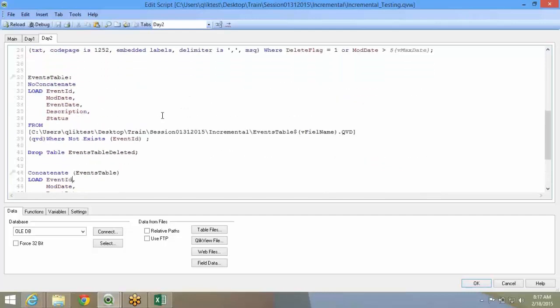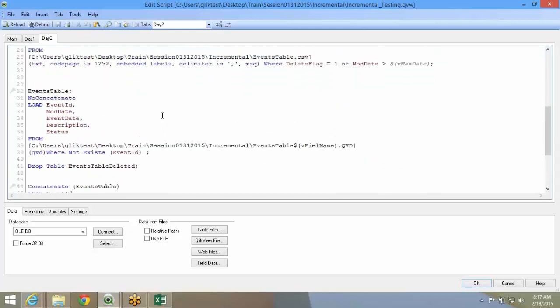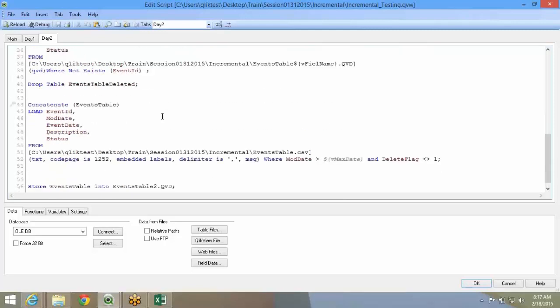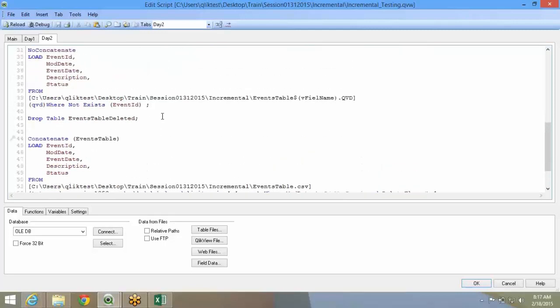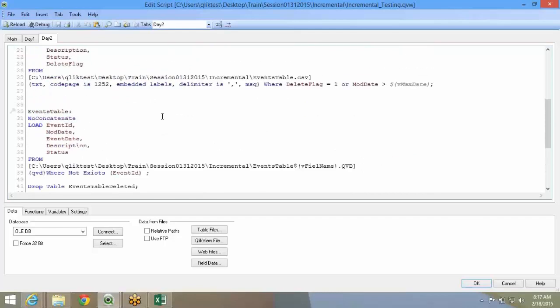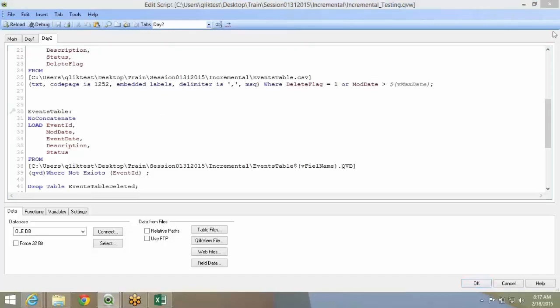The day 1 table and day 2 table are the same. This is why. The day 1 table and day 2 tables are the same, in the database. Yeah. I'll explain one thing now. This one, file name, we are using that variable there.